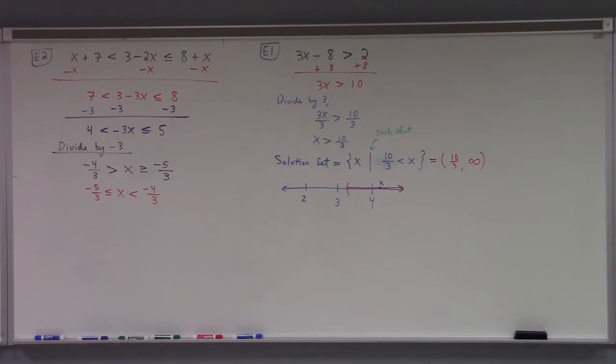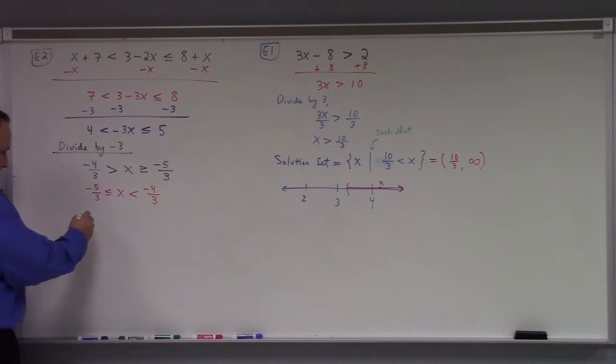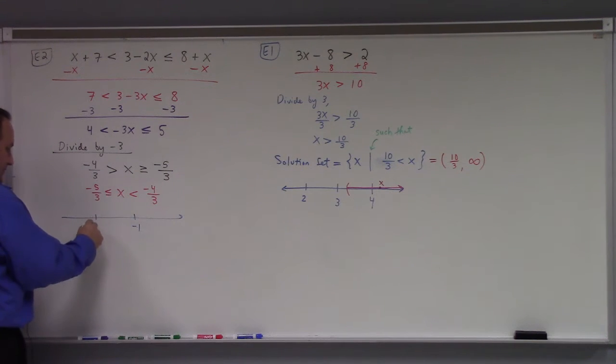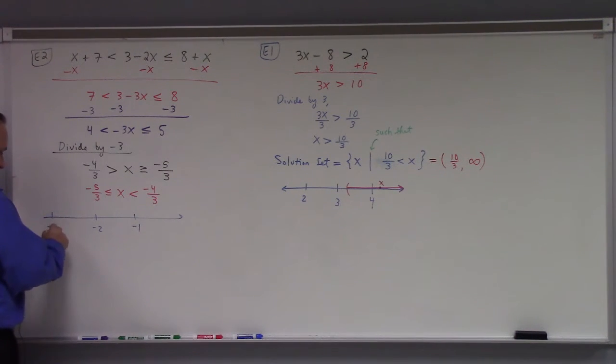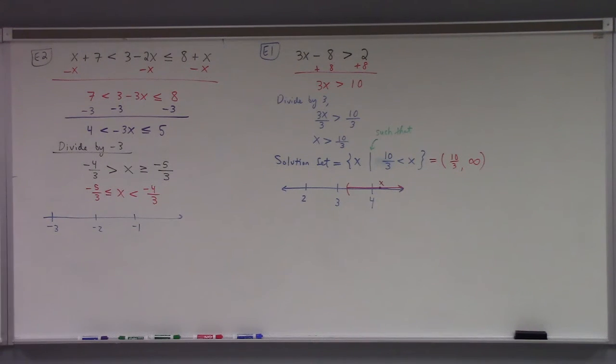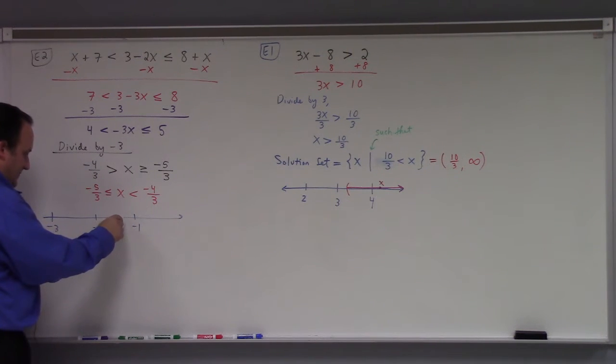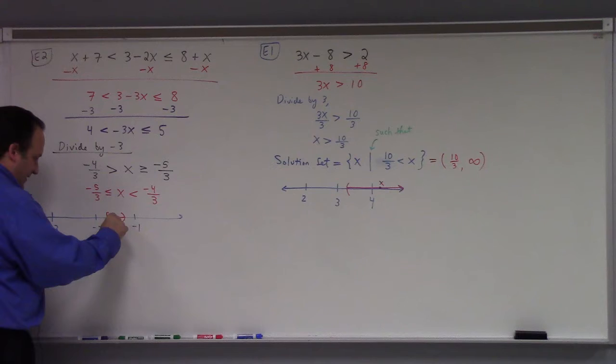So what does the solution look like on the number line? If we got, say, minus 1 here, minus 2 here, minus 3 here, our solution's going from like minus 1.333 and so forth to minus 1.66666, right? Sorry, not a good choice of scale, but something like this one. This one's not included, right? And then this one's included. So it'd be something like that, right?